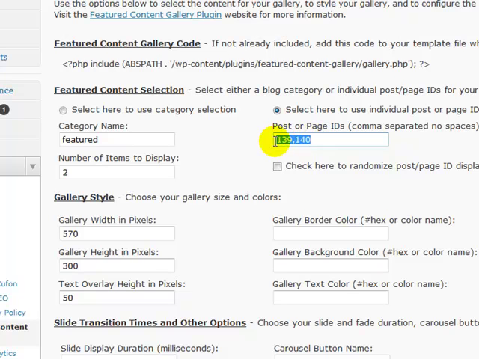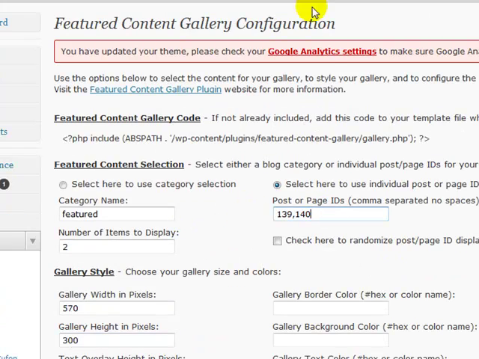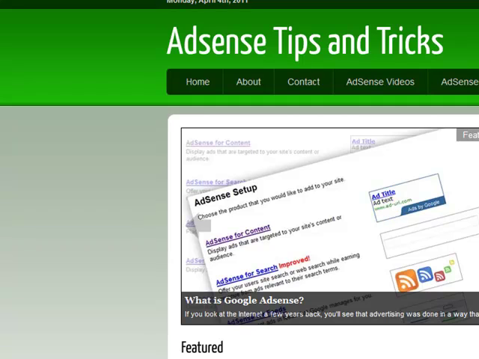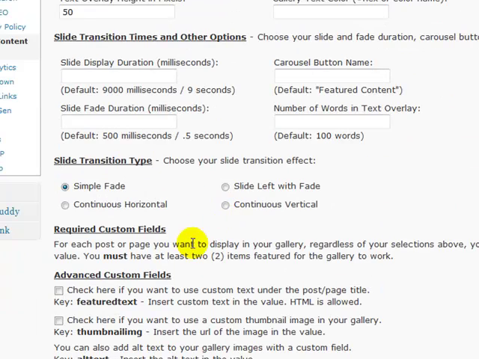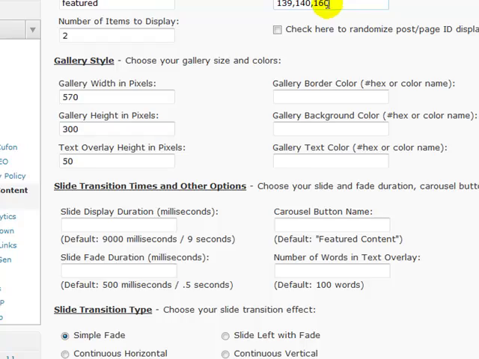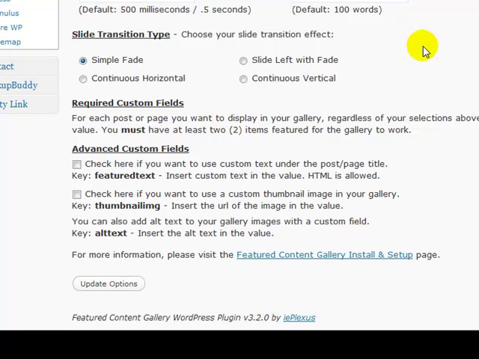So these 2 IDs are the 2 different posts that have a featured image that is about 570 by 300 pixels in size. If you wanted to add another image to the gallery, you could just add a comma and whatever that post ID is, say it's 160. If the post with the ID of 160 has an image that's 570 by 300, then it will show. You have to make sure that post has an image that size or it won't show up. Then you click update options,